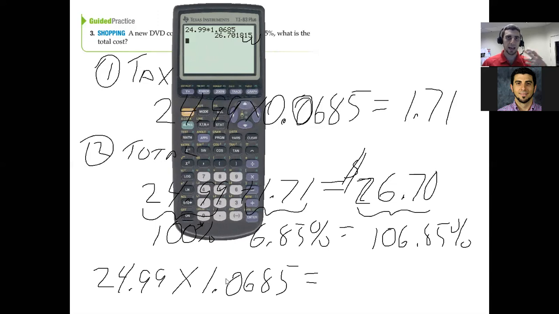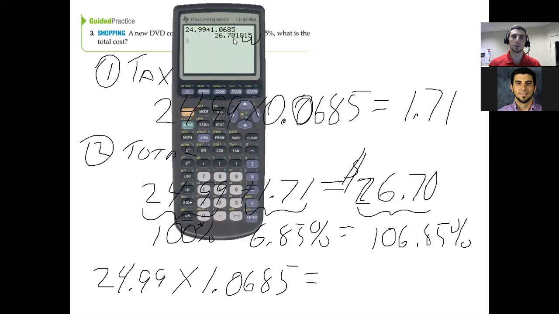Because if you add the tax on, it's really more than 100% of the cost. It's 100 and whatever the tax rate is. So it's 106.85%. So if you just multiply $24.99 by 1.0685, you'll get the total cost